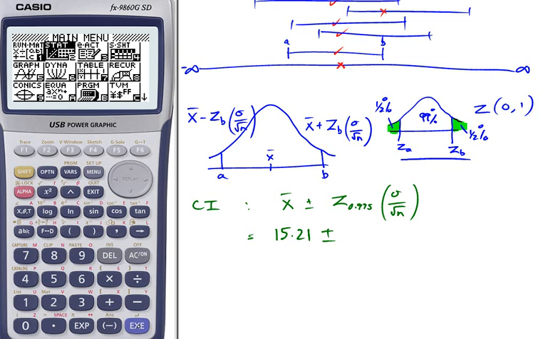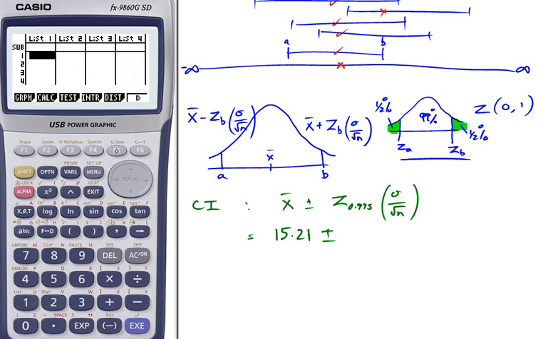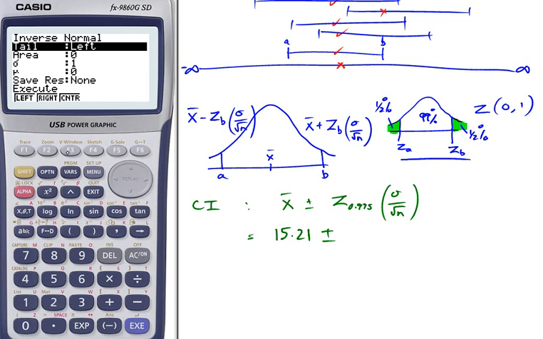In stat mode, press execute, go to distribution, F5, go to normal, F1. It's an inverse probability. We're looking for a z value for a given probability, so it's an inverse probability, F3. The area in the left, clearly the area in the left is going to be huge. It's going to be 0.995,